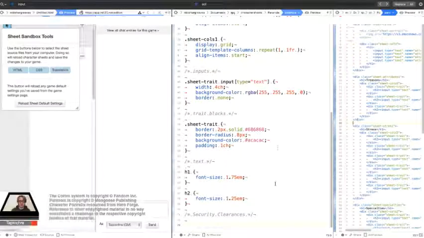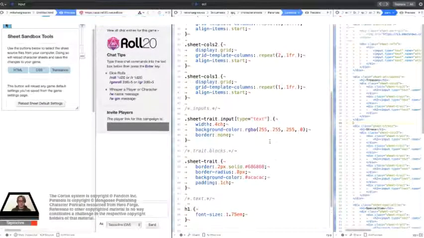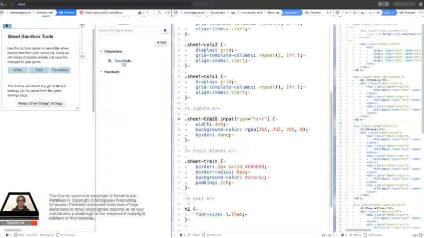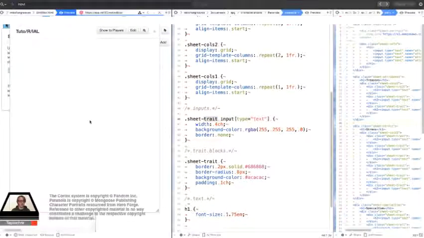So let's go back to the inputs thing here. I looked for any instance of an input with a type text that was inside a trait. And by doing that, I was able to style each of the individual character sheet's dice traits,